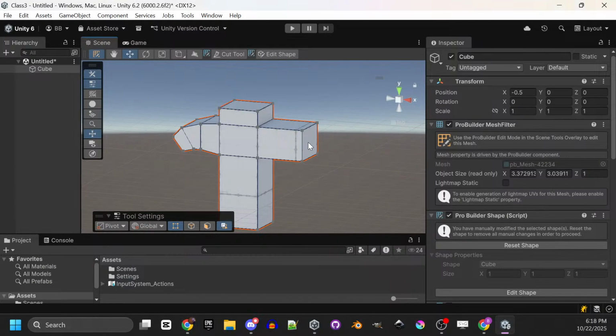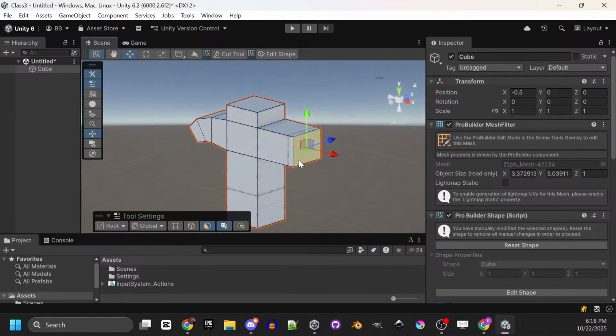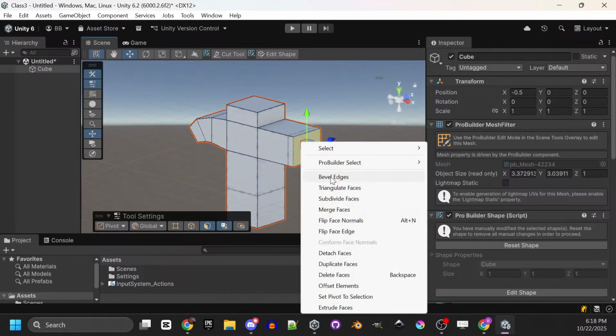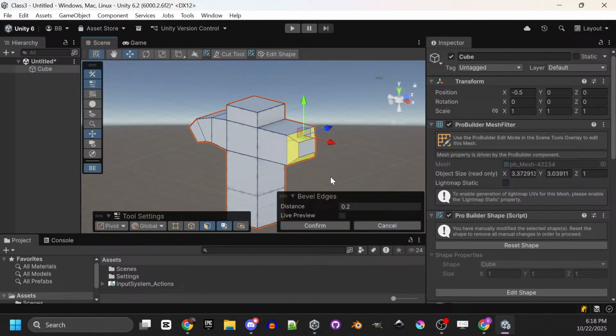So here, let me show you bevel. So if I click on selecting a face and select this face, bevel is like both extruding and scaling at the same time, in a way. So actually, when something is beveled, it tends to mean that you go around it, kind of dividing it, making a nice kind of